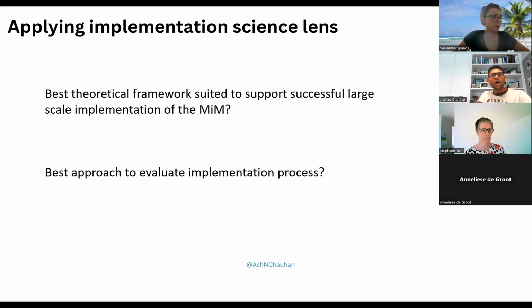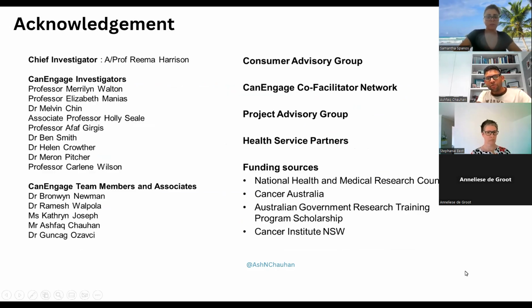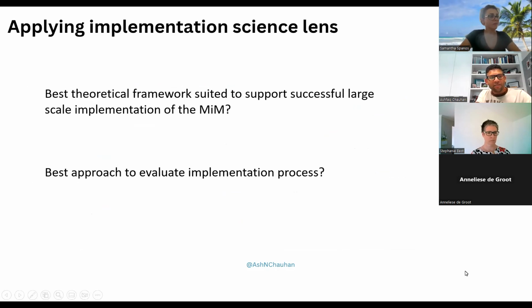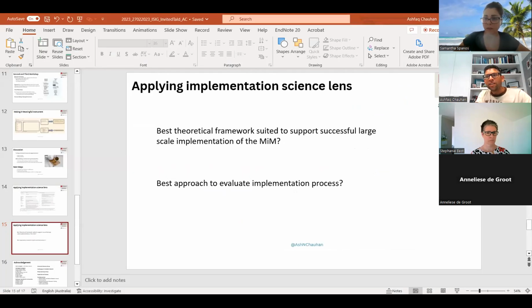But I wanted to ask the wider audience these two questions: what are the best theoretical frameworks suited to support successful large-scale implementation of the MIM, and what is the best approach to evaluate the implementation process along with the safety outcomes?